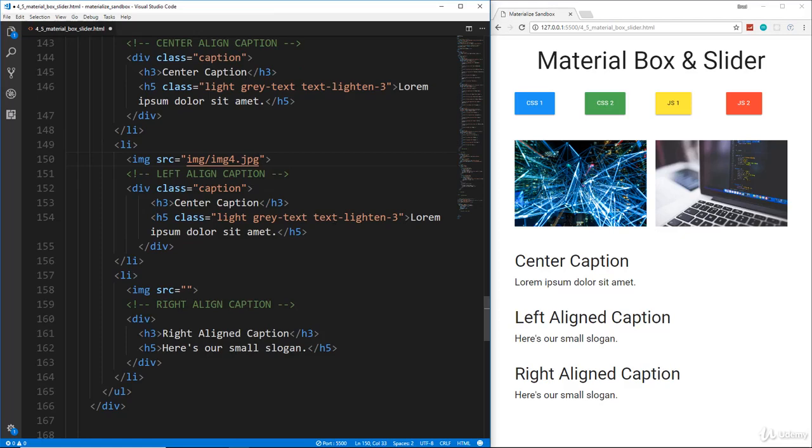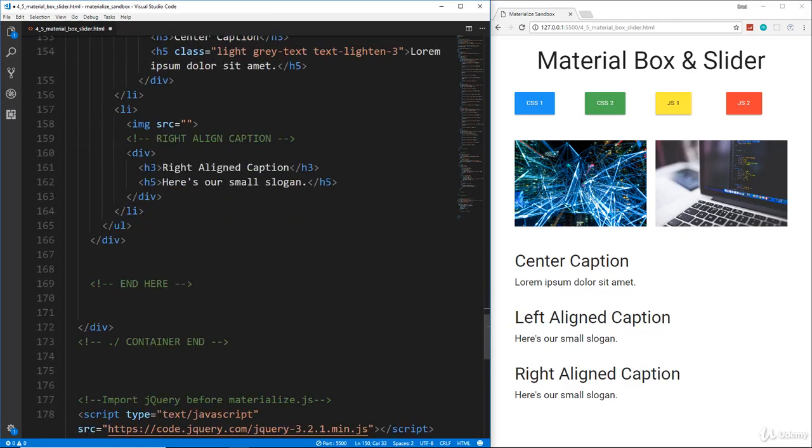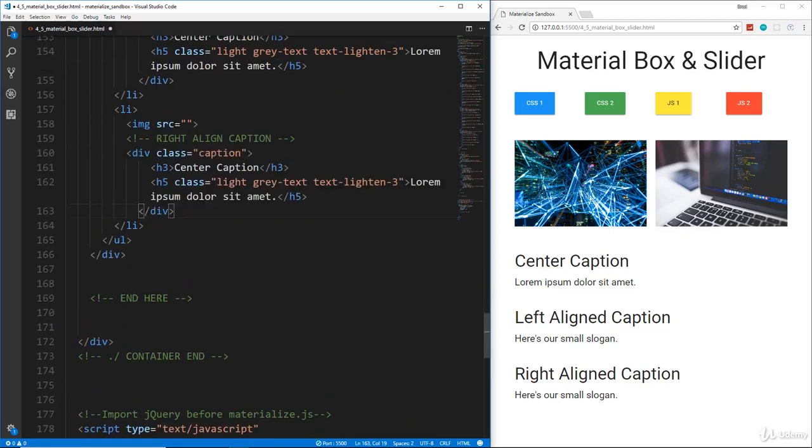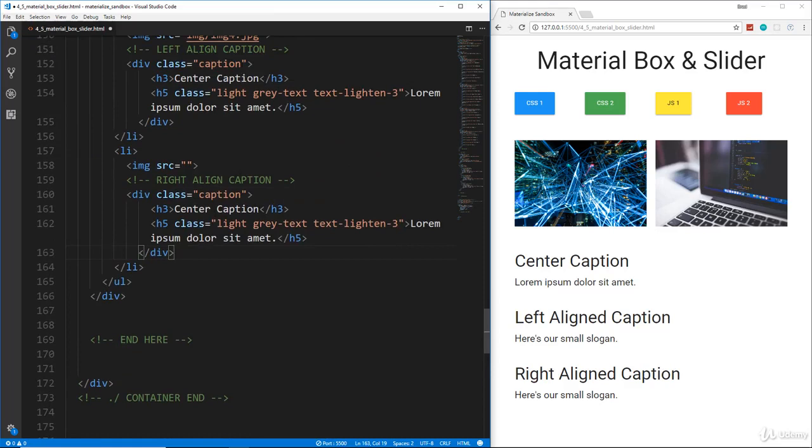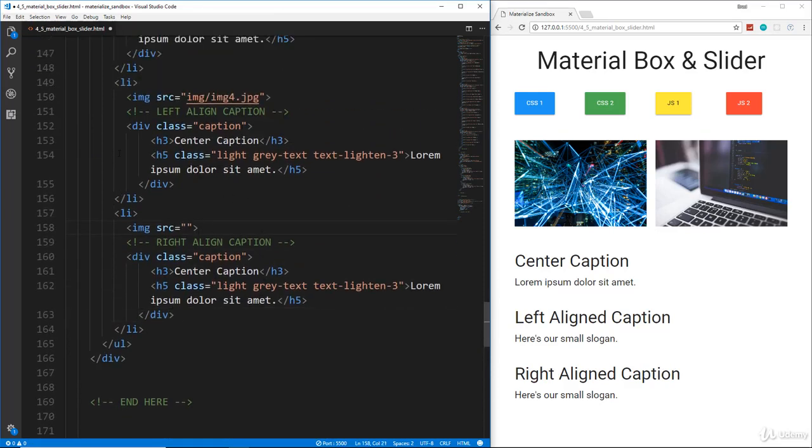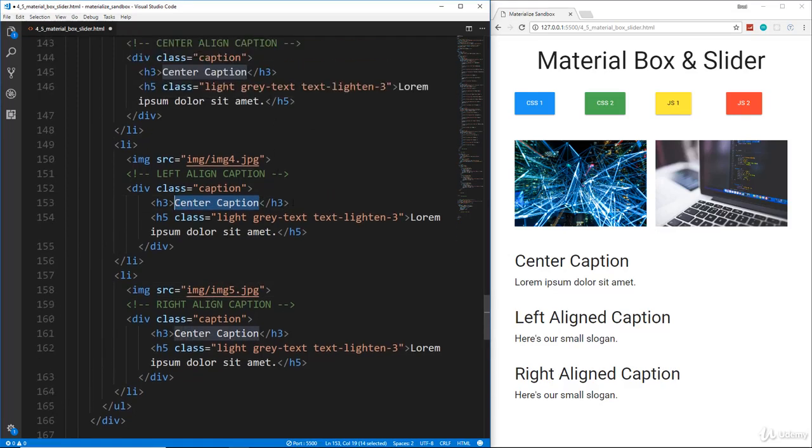And then let's see, we'll go down here, we'll replace this div again, and we'll do image 5.jpg, and I'm just going to change these captions because they don't make sense. We're going to do the center one there. This one will be the left. We'll say left align caption, and this will be